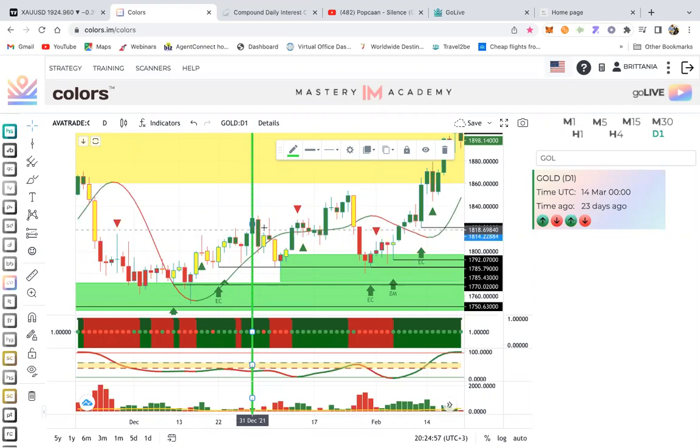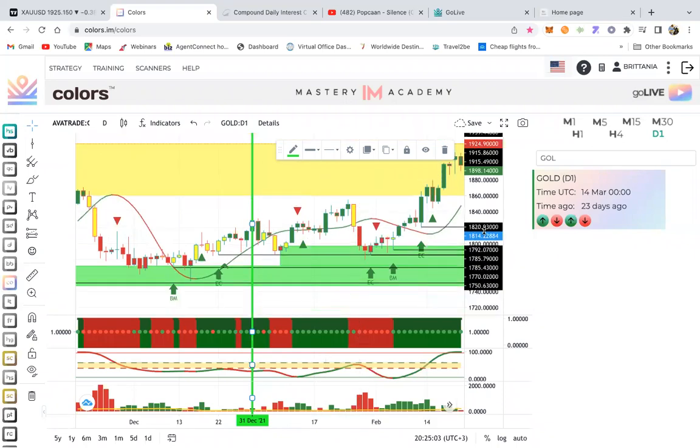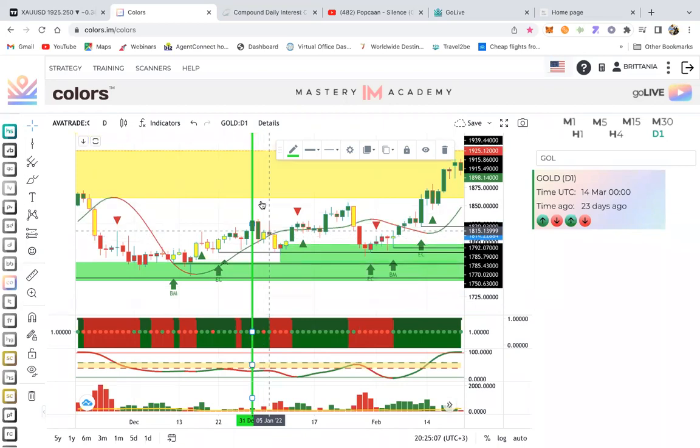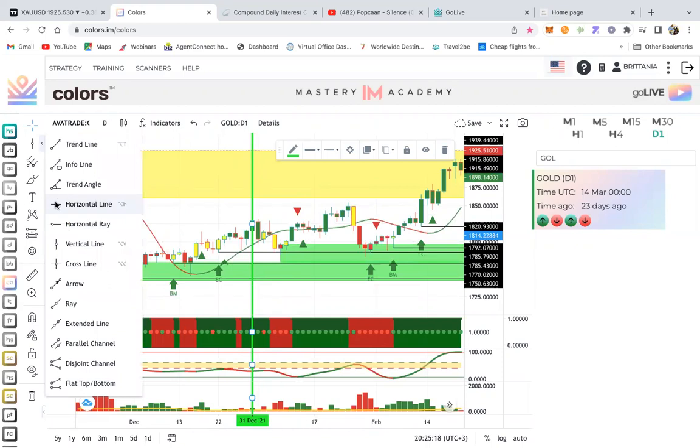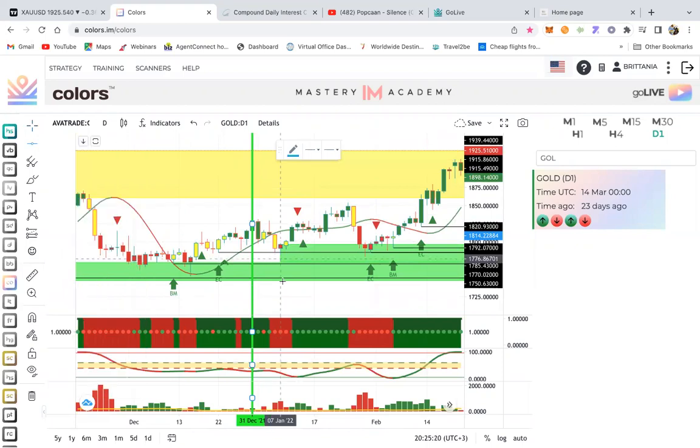Yes, we did have some pullback here and there, but the price still did not come down below, right? So once you enter the trade on your lower time frame, I'm just using the higher time frame for example purposes, right? Once you enter the trade, your stop loss goes underneath the green box. So you can go underneath the green box if you don't see any EC.